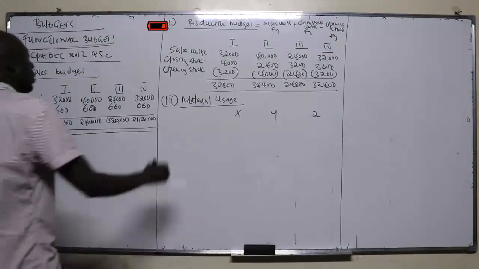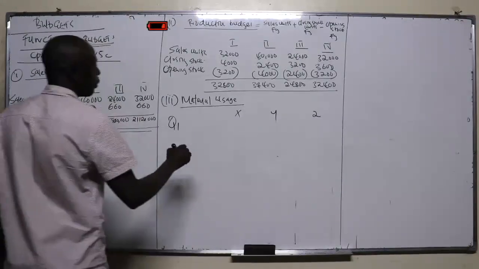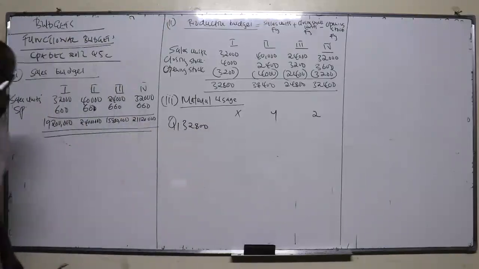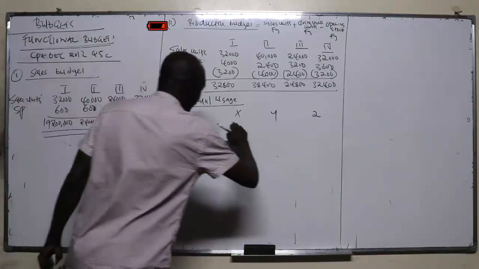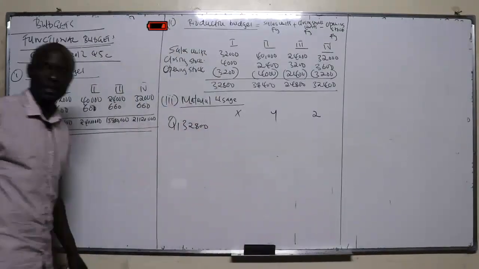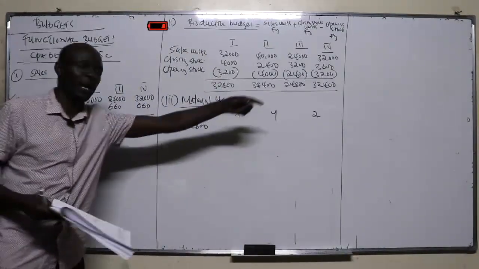So we have quarter 1 here. In quarter 1, we are producing 3,800 units. Is it so? So we said if they ask you for the budget they have asked you, that one will be the heading or the headlines. The heading will be the budget. So if they want the material, the title should be materials, isn't it? So that one, material X, Y, and Z.